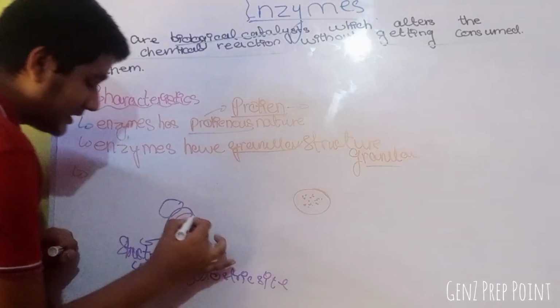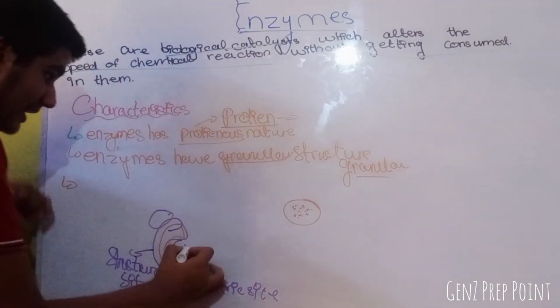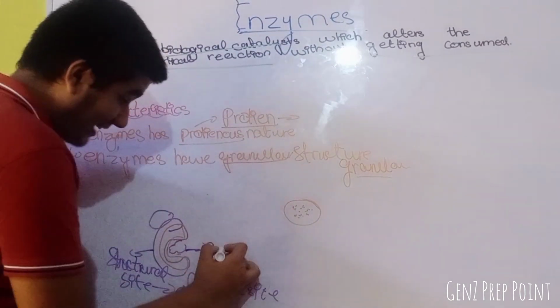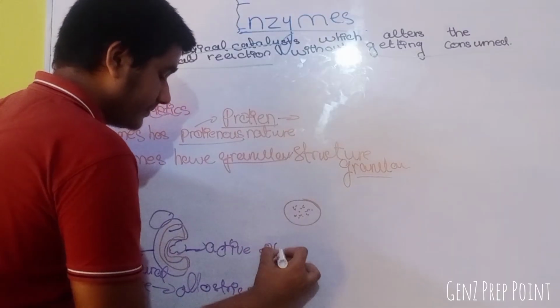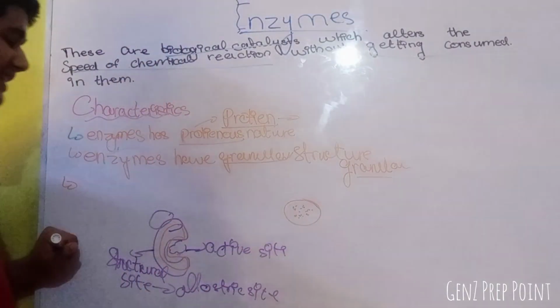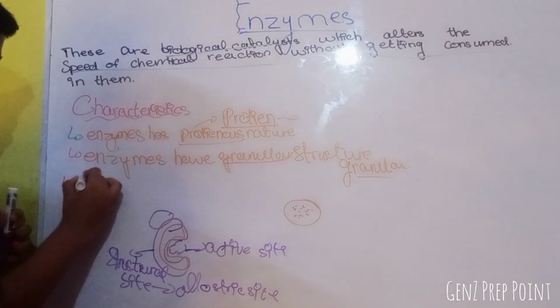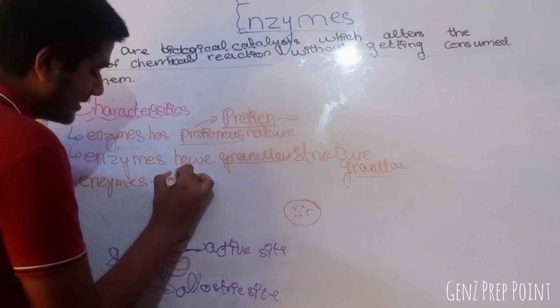If we talk about this functional side, where the functions happen, where the procedure happens, this is known as the active site, or the action site. There are two names for it. So if we start writing, enzymes have two parts.